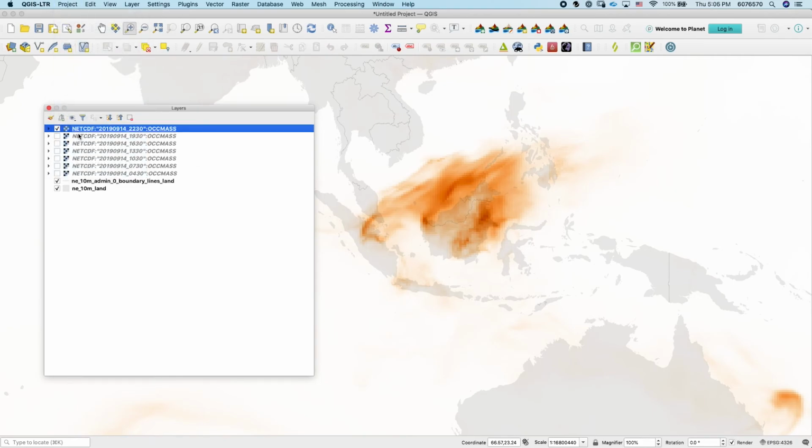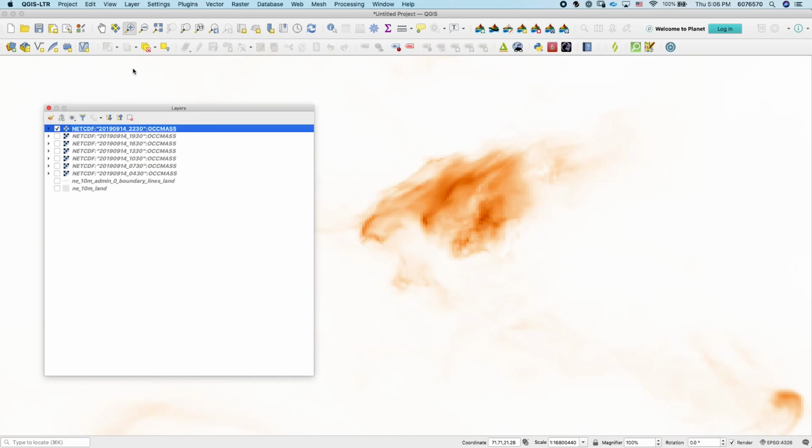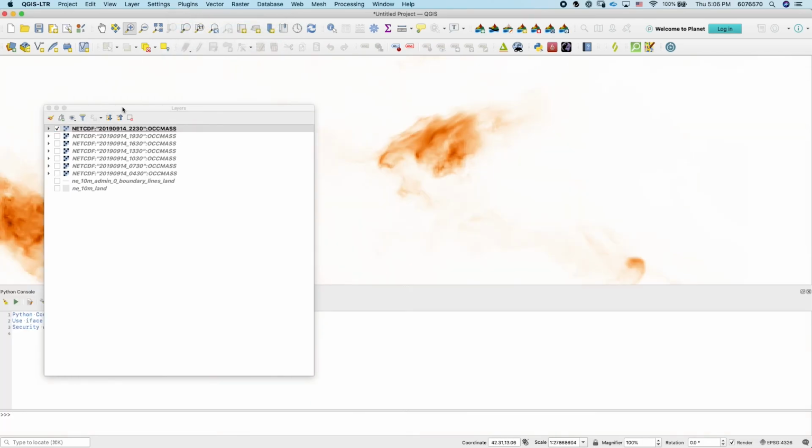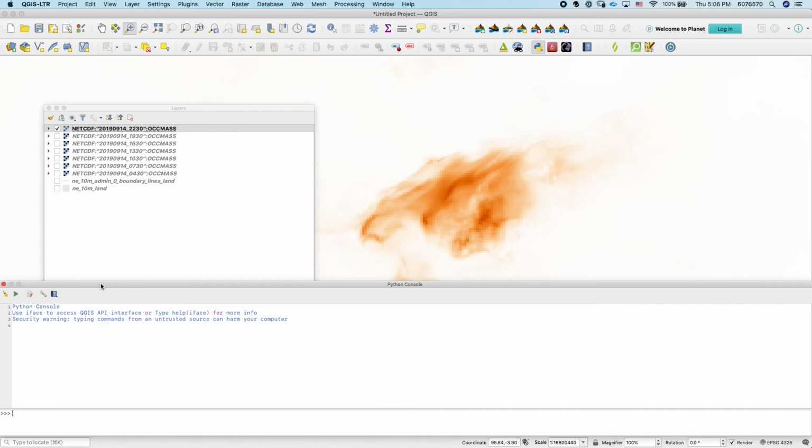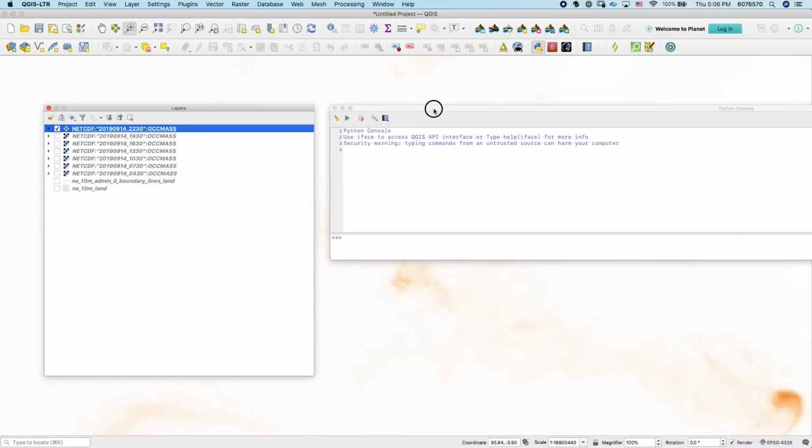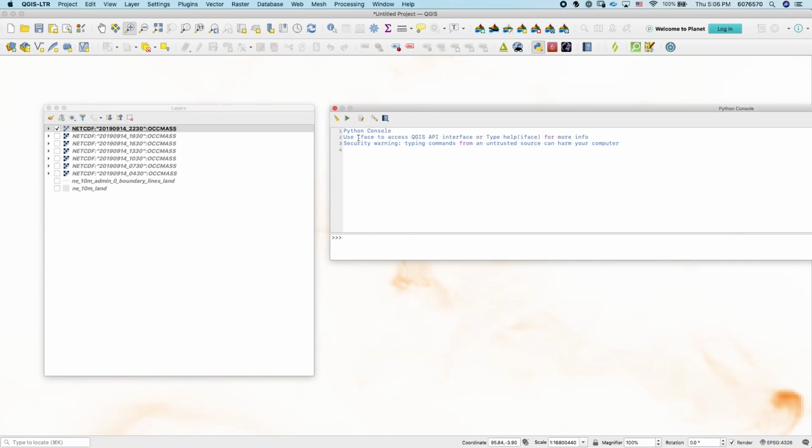You can export each of these as separate layers. I used to do this by a script in Python. You can get that here with the Python console. I'm gonna attach a script to get all the layers. I will leave the annotations in the documentation. But basically, you just paste and run the code to export each of these layers as an image. That will help a lot when you have not just a few images, but hundreds of them,